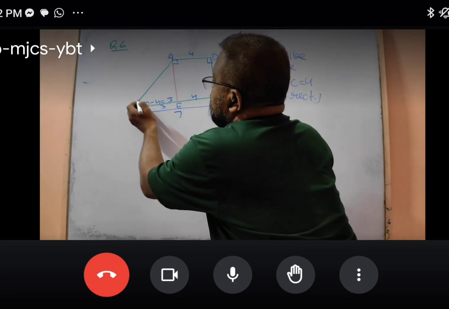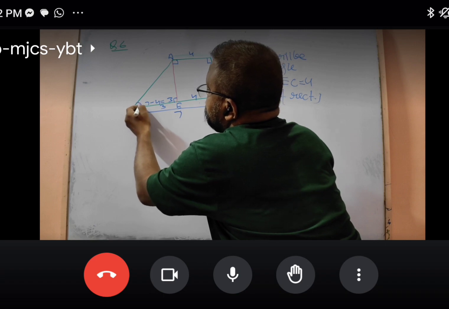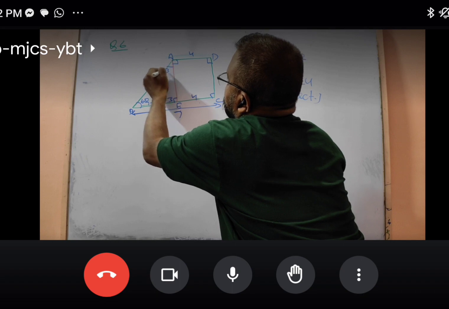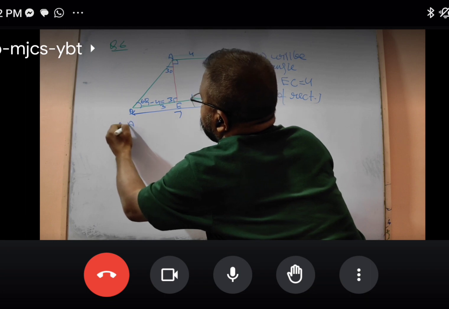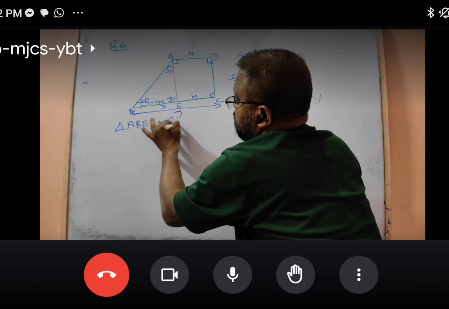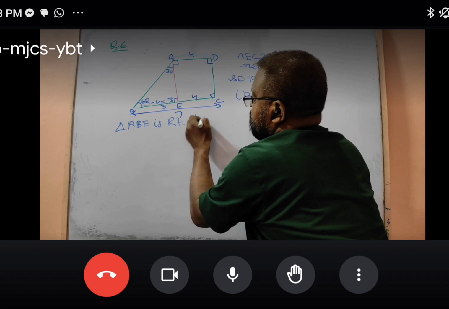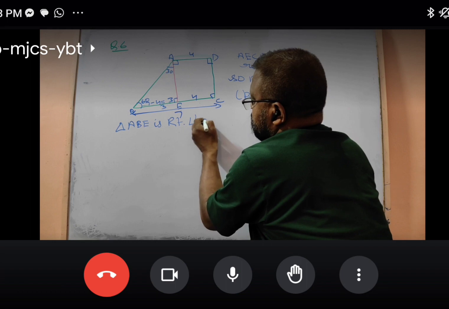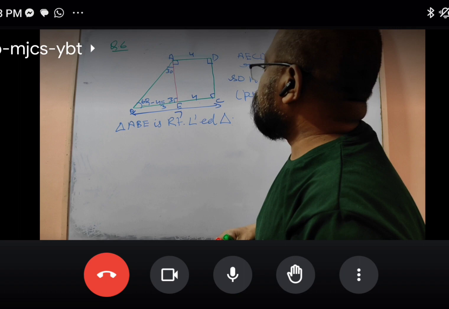This angle is given, this is of 90 degrees, this is of 60 degrees, right? This is of 30 degrees. So triangle ABE is a right angled triangle. Right? So in this, I told you,